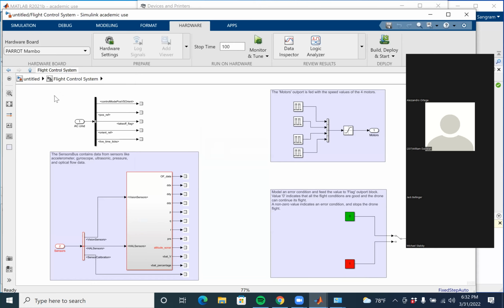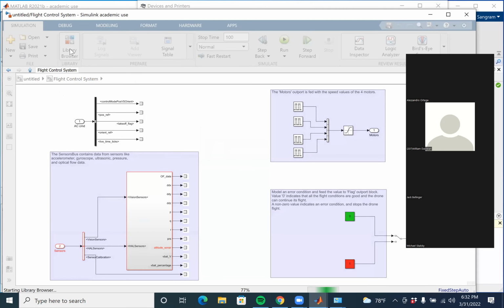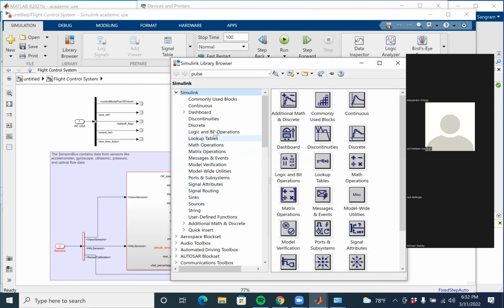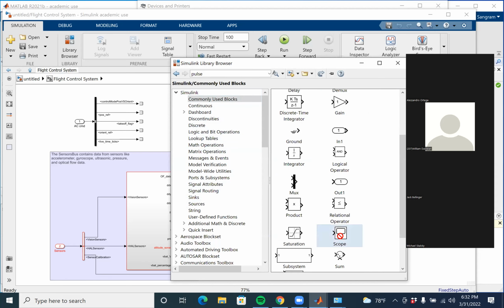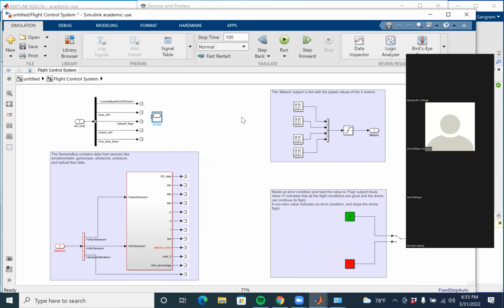make a small change to this code. So I'm going to go to simulation, library browser. Then I'm going to go to commonly used blocks. Then I'm going to go to scope, grab this scope and place over here. And then I'm going to grab this scope from here and attach it. You can actually attach it to either individual PWMs or finally, the PWM vector that is fed to the